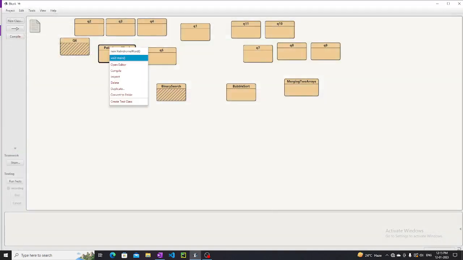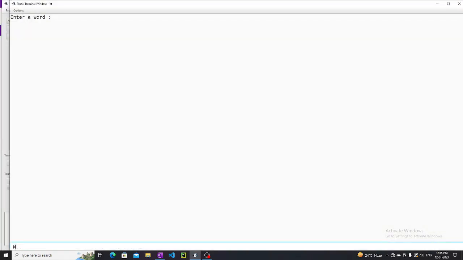Now let's check it. A palindrome word we will give, for example. Now here is a problem. See, if I write Ma'am, it will say not a palindrome word because Java is case sensitive. It will take this capital M and small m, it will read them differently. It will see both are different. Okay, but we can see both are same. So it should be a palindrome word. For this not to happen,